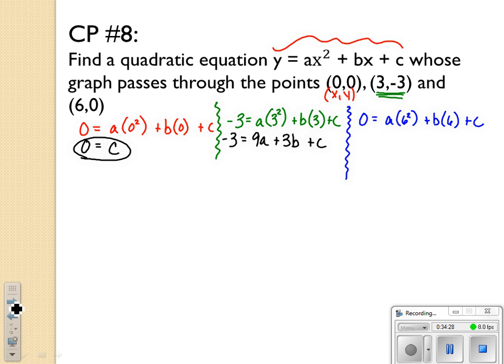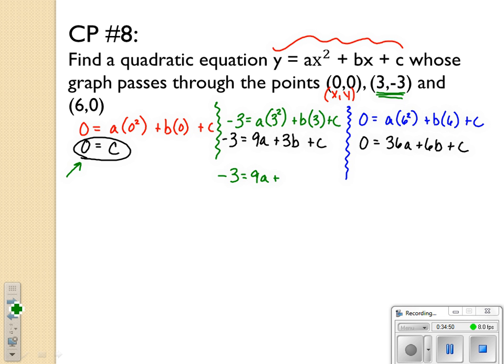The third one over here, simplifying, we're going to have 36a and 6b and c. Okay, so that little bit of simplifying that we already got from our first equation here is going to come in handy because now we can put zeros in for c's and the c's are gone. So we're really looking at